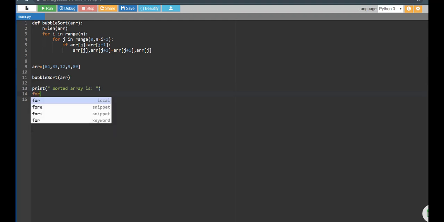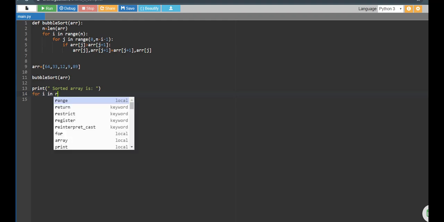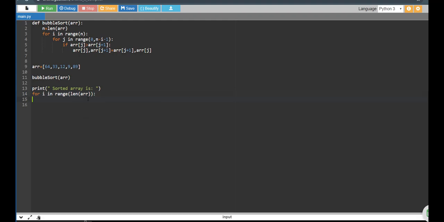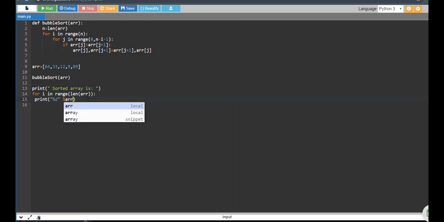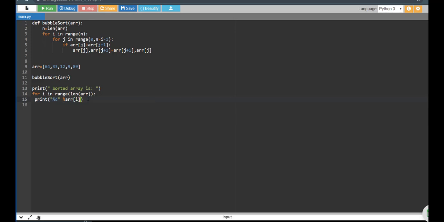I am going to write this for loop here to iterate over the array. For i in range of the length of the sorted array, in this form I am going to print the sorted array, the element which is at position i.